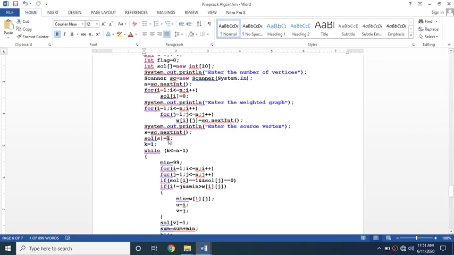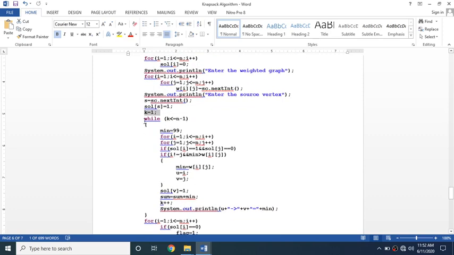So that's why they have made it 1. Whenever you explore a node, you need to initialize that to 1. Here it is the source, and in my example it is a, which is nothing but 1. So solution of 1 equals 1, that means we have just visited it. This k I will explain later.